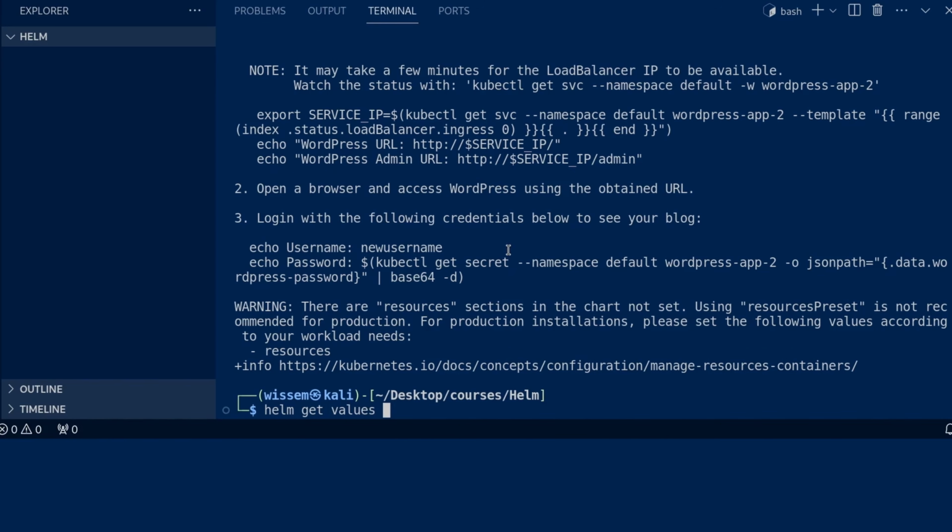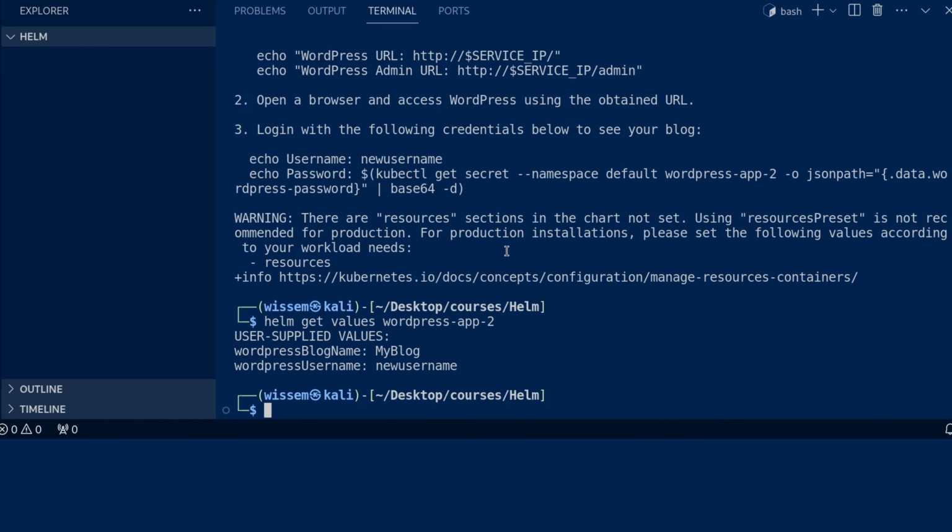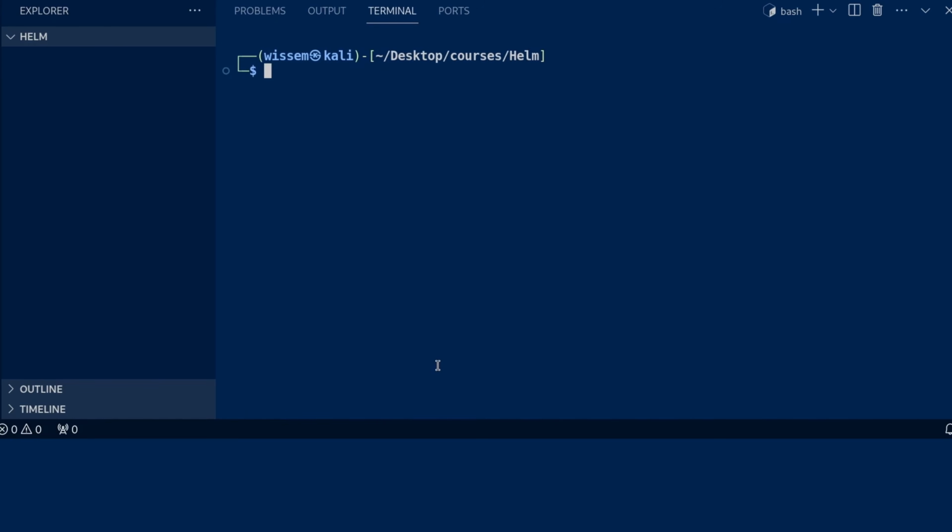And of course, followed by the release name. So for this release, we have set the WordPress blog name to my blog and the WordPress username to new username, okay? If we try to install or to create a new release,